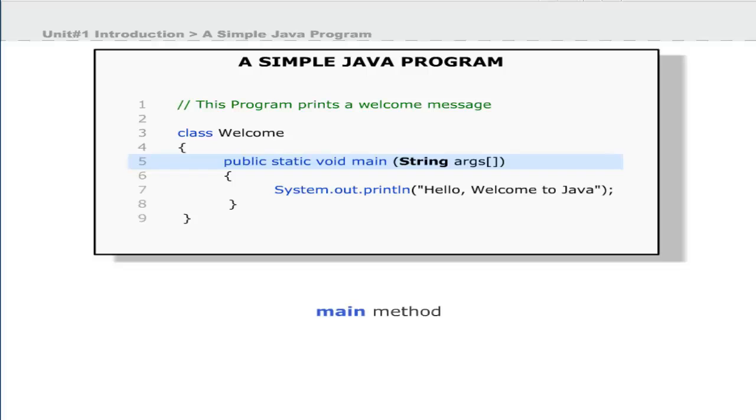Line 5 begins with main method. Every Java application automatically starts execution from main method. Java application must contain main method, but applet does not require main method. Methods perform a specific task and may return a value. Method names are preceded by